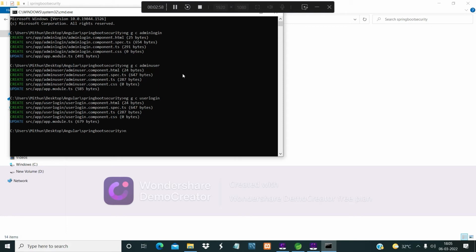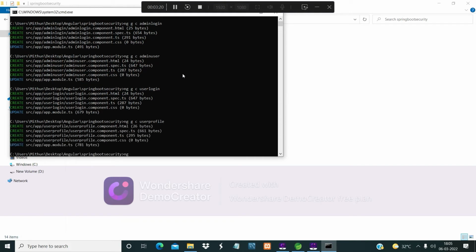Then we will create a user page, user profile page, user profile. These are the four components we need in the Angular application.